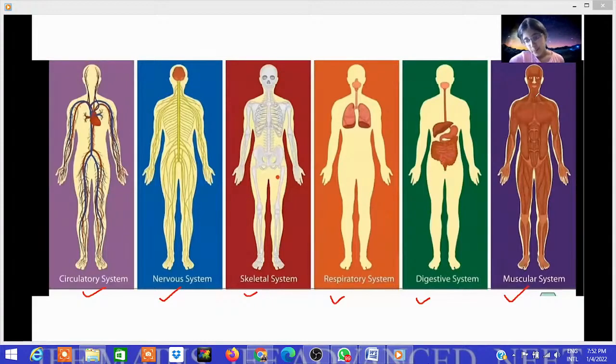Okay, so go ahead, write down the various systems that we have in our body. Don't write tablet, computer, like that. Those are not. Okay, so start writing all these systems. Write a subheading as systems in our body, or you can even write organ systems. And start writing these 6 things.